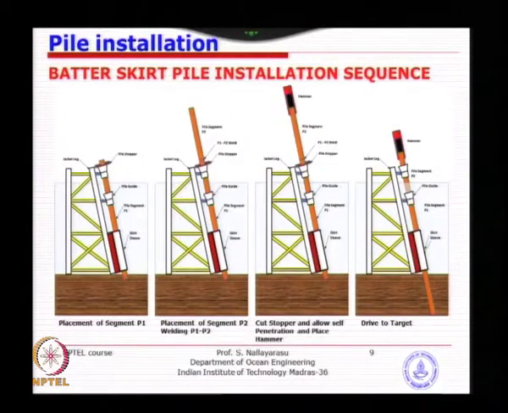So that is why the pictures will give you an idea of how the piles are installed. The first segment is driven. For example, if the length sticking up is, say, 10 meters, you plan it that way: I want 10 meters above, and bring the hammer, drive 10 meters down. As soon as you reach the top, for example 2 meters above, you stop, and then you bring the second section.